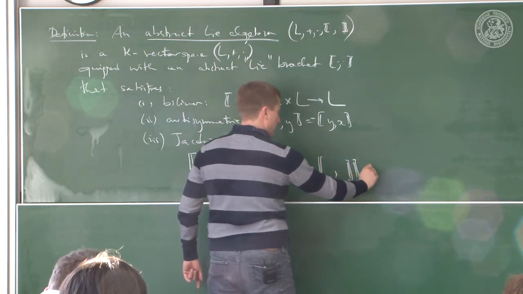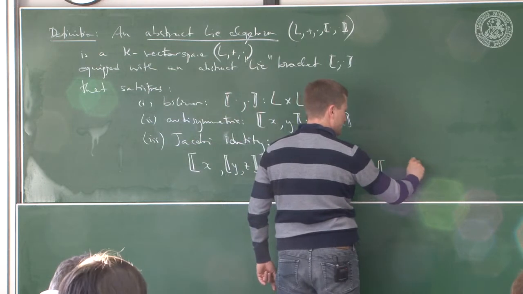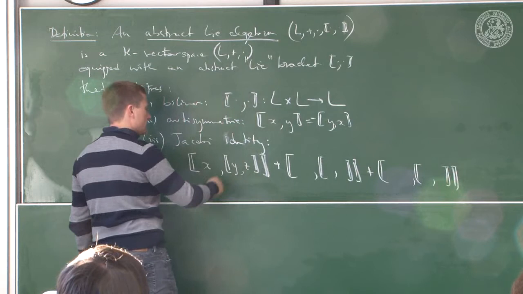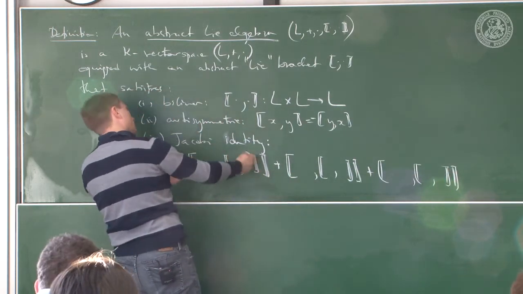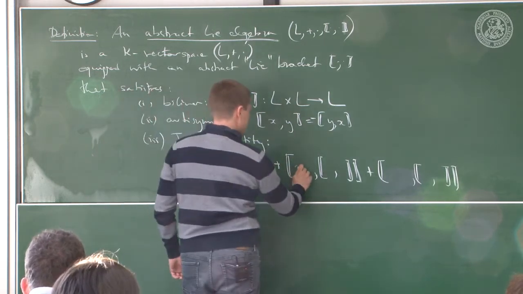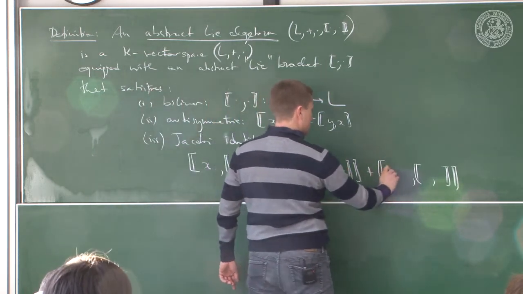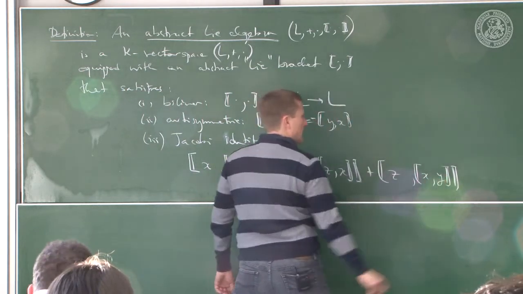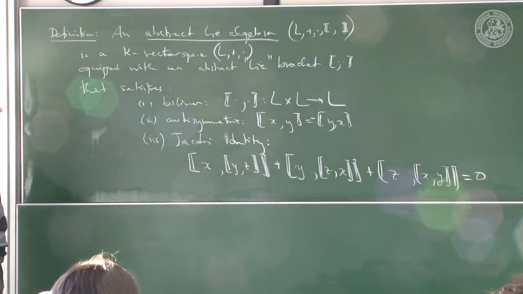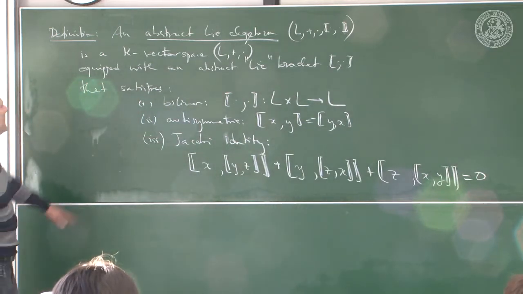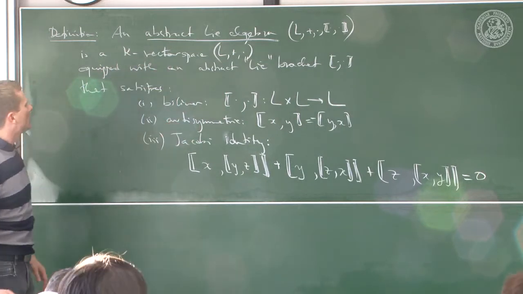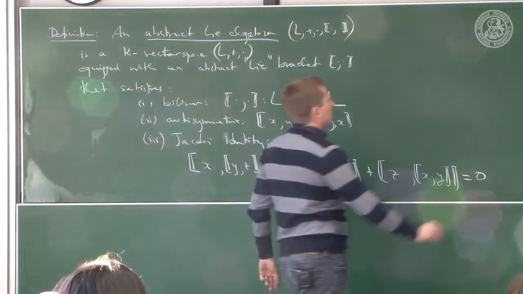And to memorize this, you write down the same pattern three times and you add it. But now you cyclically permute, so you push everything x, y, z to the left, and what falls off on the left comes in from the right. So this is y, z, x, and z, x, y, and the result of taking the sum is 0, and that's the so-called Jacobi identity. And any such structure, a K vector space with such a Lie bracket, is called an abstract Lie algebra. Example: